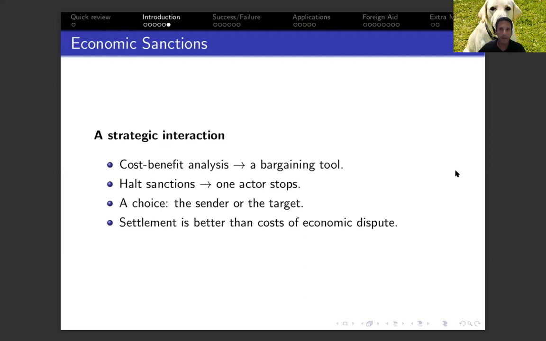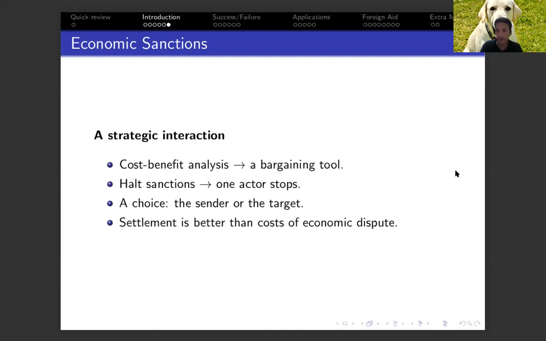That's one difference. Now, the sanctions are going to end not because of the economic pressure itself. They will end because of the choice to alter behavior. That can be a choice by the target, which gives up and changes its policy, or the sender, the one that imposes the sanction, relents, and then sanctions end. It usually happens after some time has passed, and one side of this strategic interaction will come to the realization that it's better to settle the situation than continue to accumulate the different costs of the economic dispute.